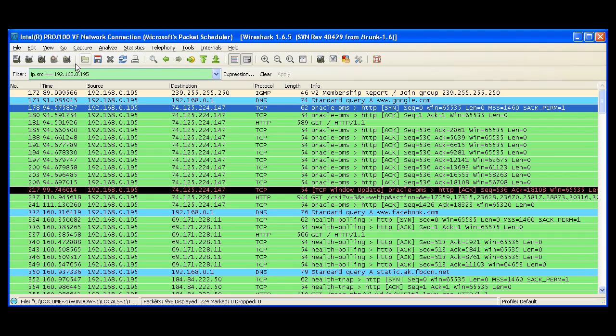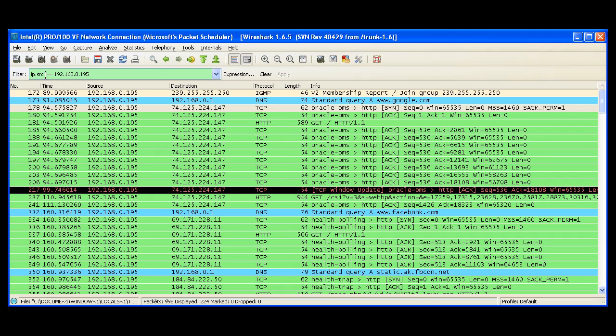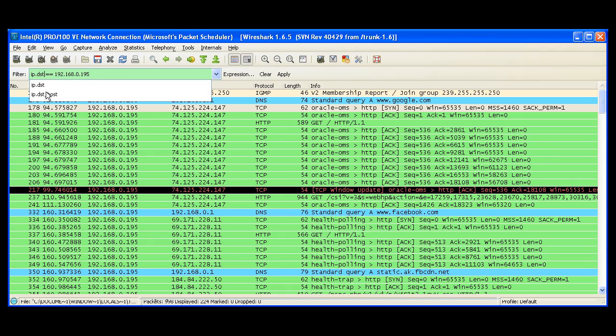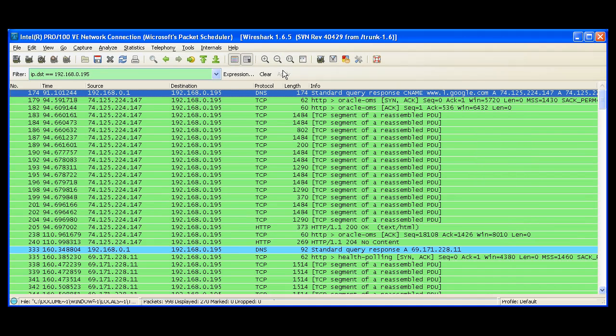So let's go for where it went as a destination. Let's change that. So we're going to change the expression here. Just modify this part. I want destination, which is DST, for the expression. Let's go to the end of it, and let's apply that one. Let's see how that looks. And then look at that. It made it the